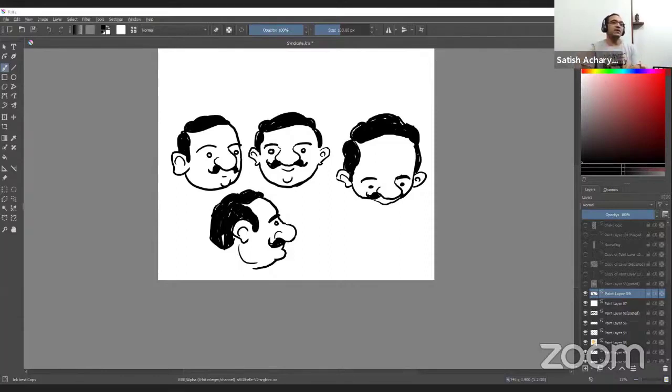So most of us who have not been to art school started by copying some cartoonist's work. Like in my case, I started copying the works of legendary R.K. Lakshman and Mario Miranda. So my earliest style was more according to their style, R.K. Lakshman style or Mario Miranda style. But gradually, I worked on my drawing and developed my own style. So developing your own style is very important. You should work on it.